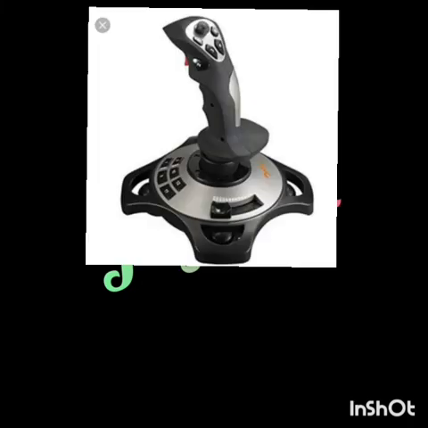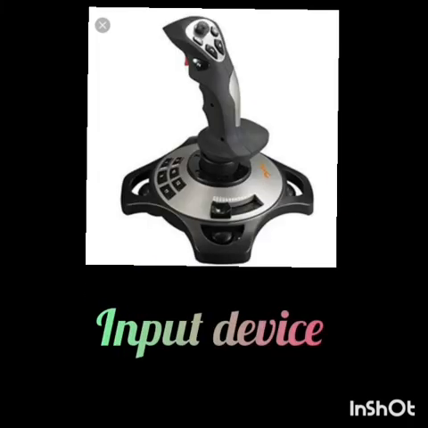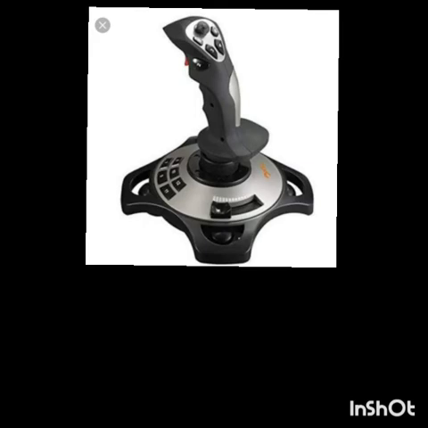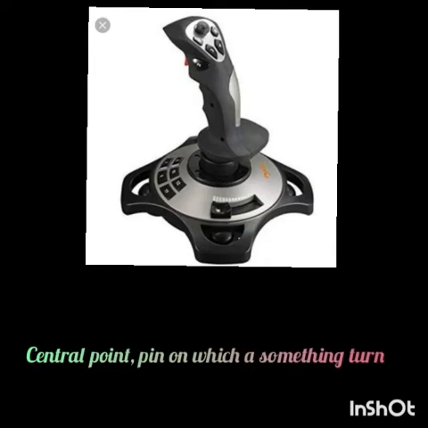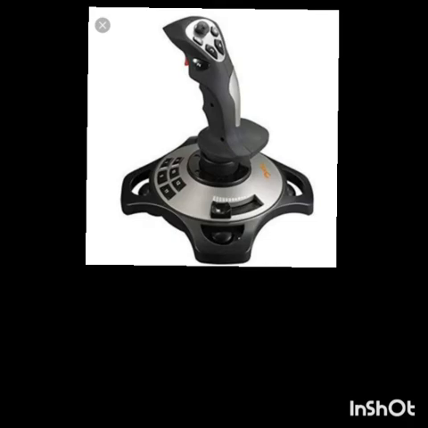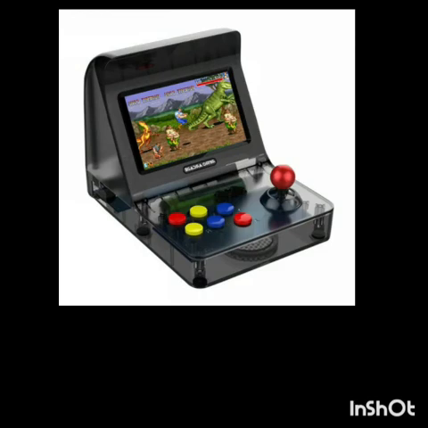Fourth, joystick. A joystick is an input device consisting of a stick that pivots. Pivot means central point, pin on which something turns. Joysticks are often used to control video games.